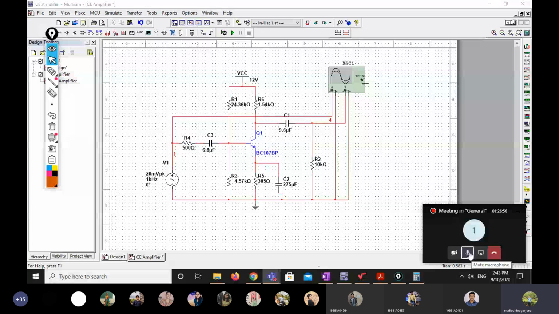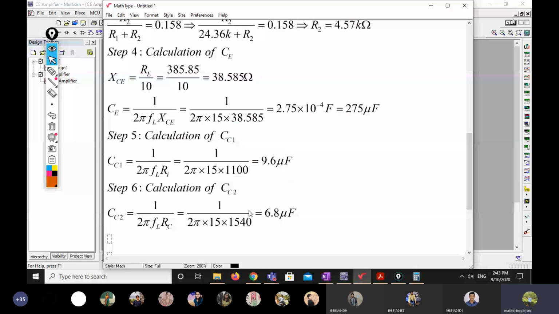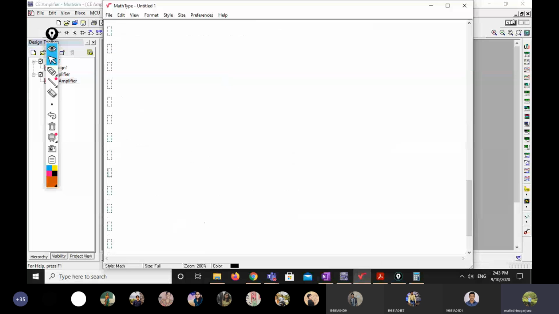So the phase reversal is: now see, VC equal to VCC minus IC into, suppose if you take, RE plus. Okay, so this is the equation actually. So now in this one, what happens is